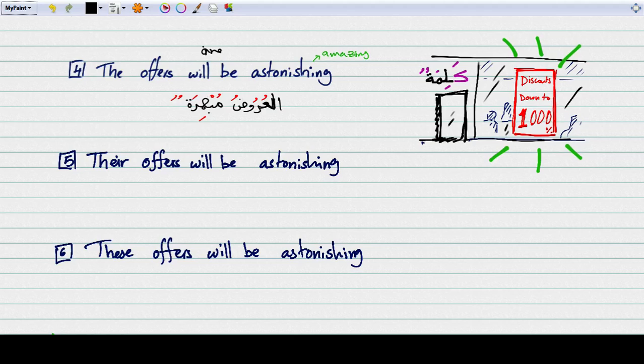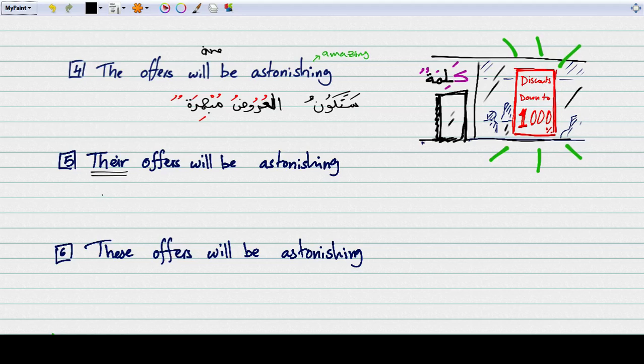How do you say will be? As we did before, we add يكون or تكون with سوف or س, and in this case عروض is feminine, and basically it will be ستكون. ستكون العروض مبهرة. Easy. Okay, nothing there. Then we want to say that their